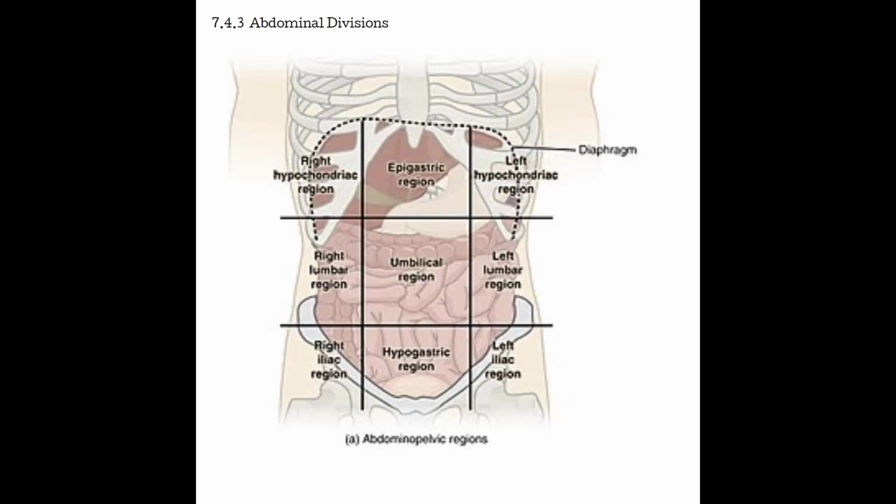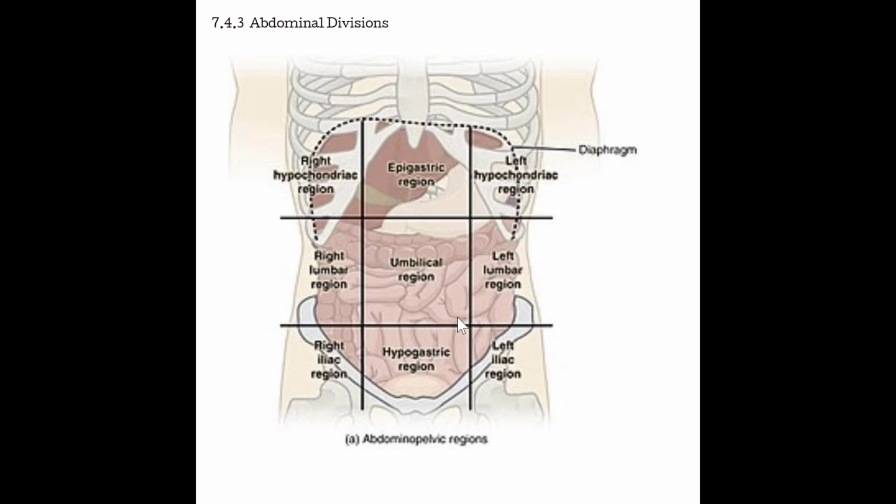And lastly, just to again recall the nine abdominal regions that we talk about, now that we have discussed a little bit more about organs and the viscera within the abdominal cavity, we use the abdominal nine division method to help describe location of pain, location of viscera, and to describe surgical procedures. So the nine regions are going to be formed by two horizontal lines. We have one at the subcostal margin, and then we also have one at the intertubercular margin, which is part of the iliac crest here. The vertical lines then run down the semilunar groove created by the rectus abdominis muscles,